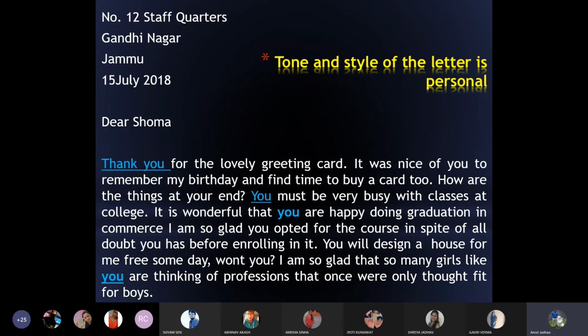So why is 6 oblique 3 oblique 12 or 15 oblique 7 oblique 2018, or let's take today's date, 9/3/2021 or 9.3.2021, no longer favored? The reason is it creates ambiguity. What is ambiguity? It may create confusion in some parts of the countries where the traditional format would be understood as 3rd June instead of 6th March. Keep in mind, 6th